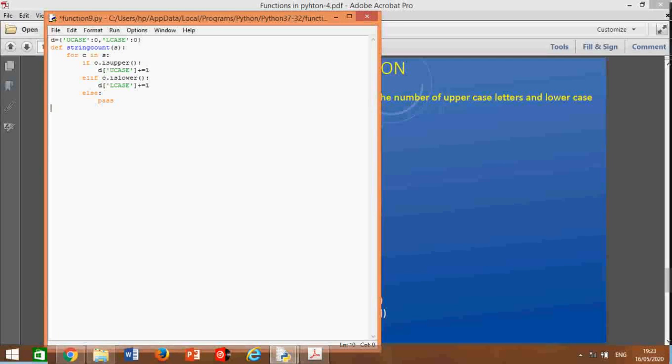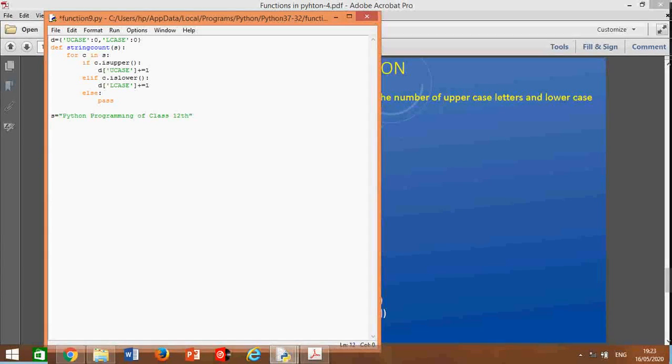Then come to the driver part. First we have to take a string. Let us say s is equal to Python programming of class 12th.